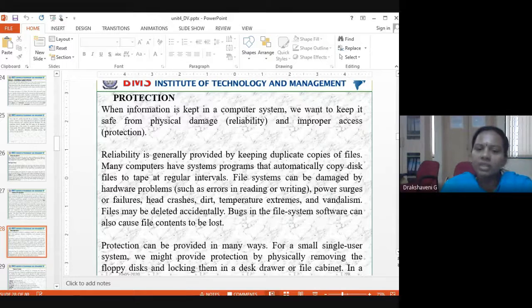When information is kept in a computer system, we want to keep it safe from physical damage, which is reliability, and improper access, which is protection. Throughout the world, or at least in India, we have an app called the Arogya Setu app. Why are we using it? To know whether any positive person comes near us, so that we can be safe.